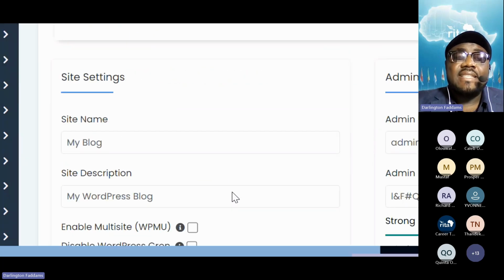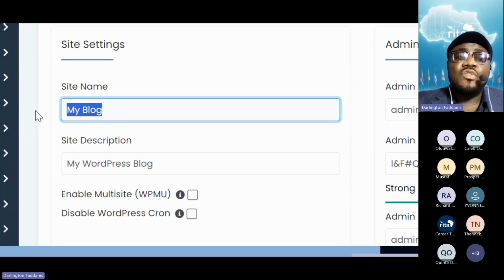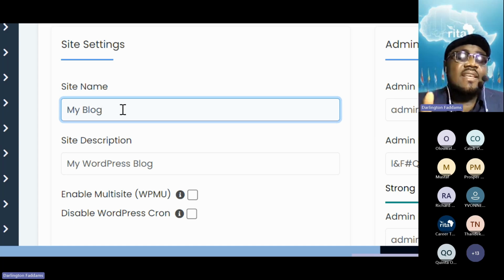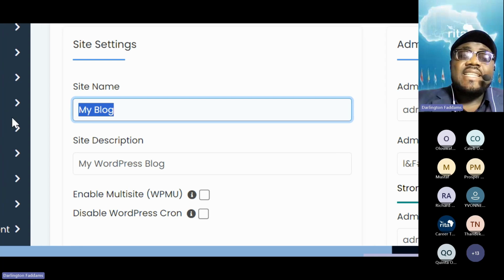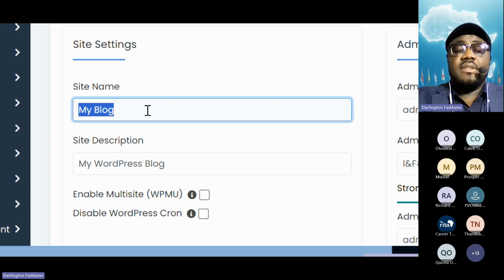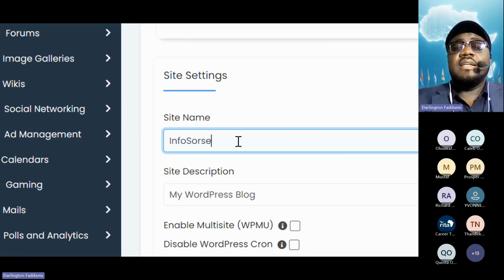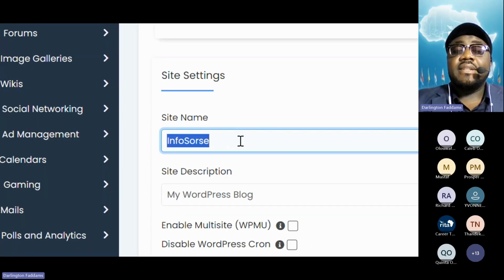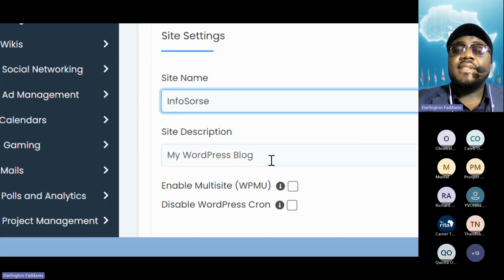Next, you come to the site settings. This should be the name of your site. So the name of your company should be here. This is what will show as the site title, or as the name of the company, or the name of the project you are working on. We'll be changing this later on. For now, you can just leave My Blog over here. Or let me go ahead and change it. So this is the name of this company. I put it here. Then here should be